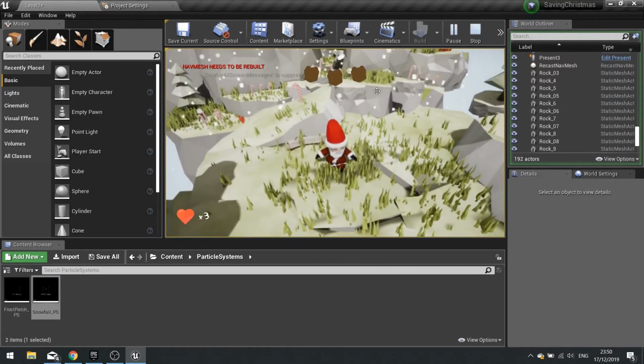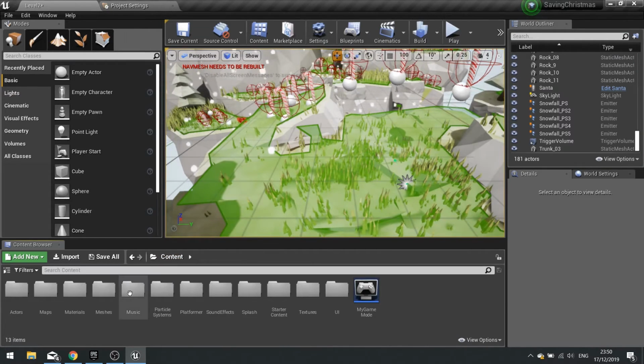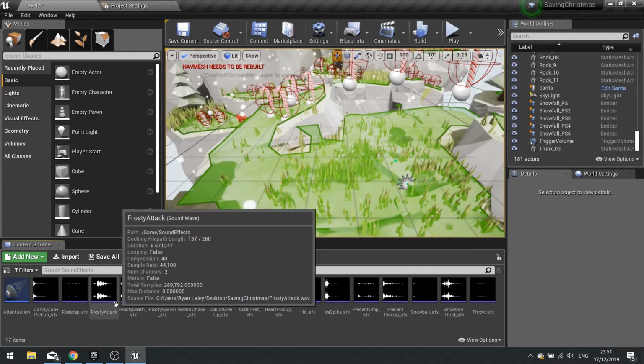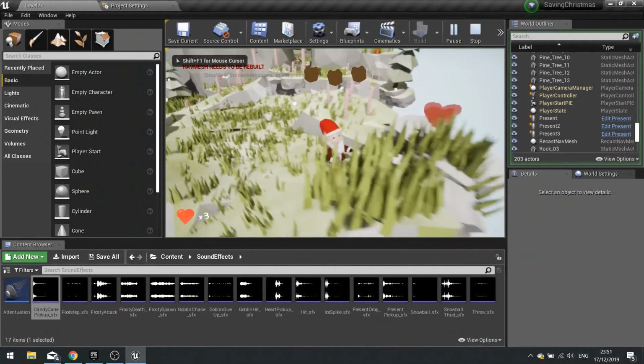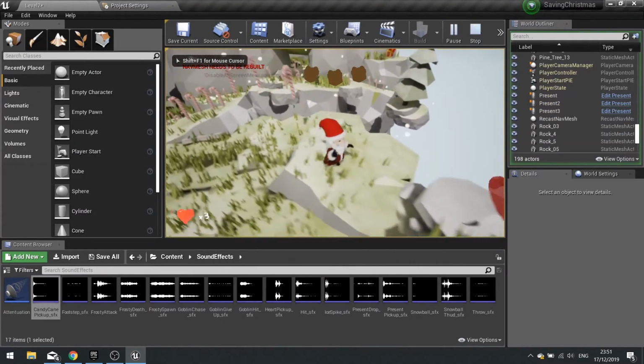Maybe that sound effect for the candy cane's a bit too loud. Let's tweak that. Volume, we're doing 0.4. Let's see what that sounds like now. That's a bit better.